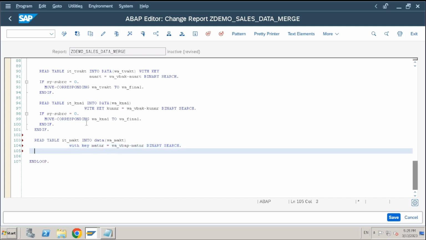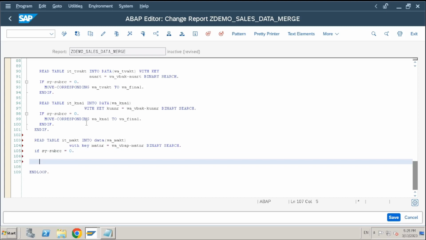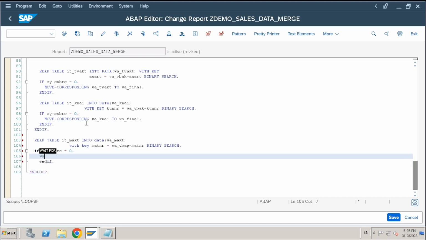I'm applying binary search here also. If sy-subrc equal to 0, then populate the material text data to the final work area. I'm using move corresponding since